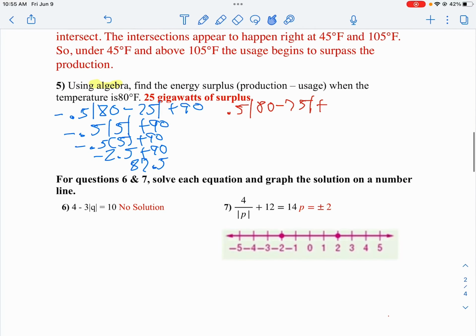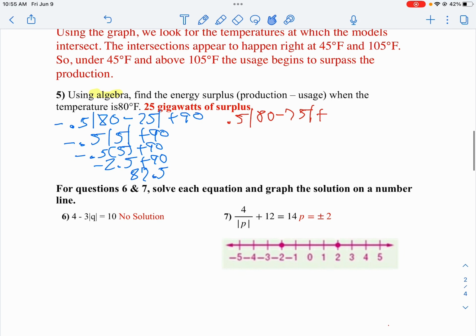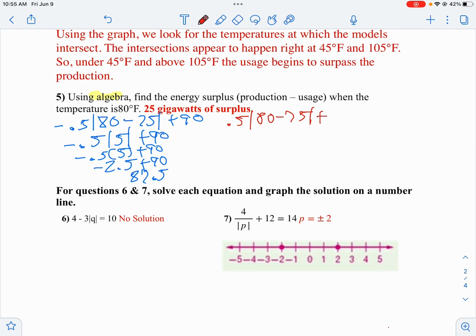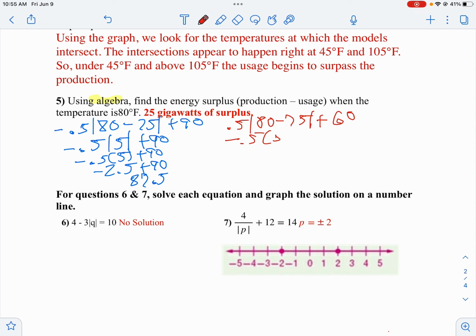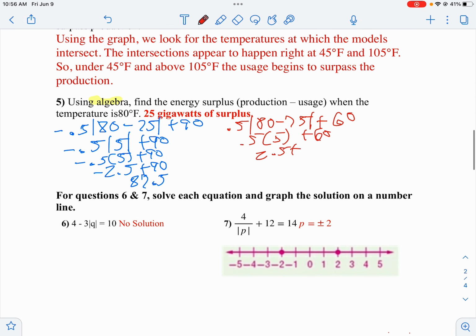Yeah, plus 60. So 0.5 times the absolute value of 5, which is 5. I don't know why I put a negative in there again. My brain just... 0.5 times 5 plus 60. So I get 2.5 plus 60, which is